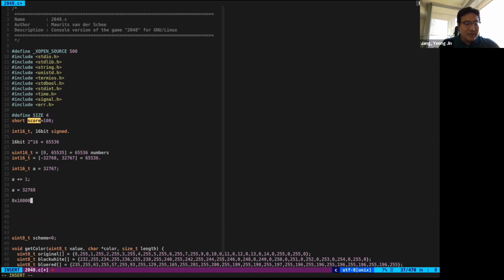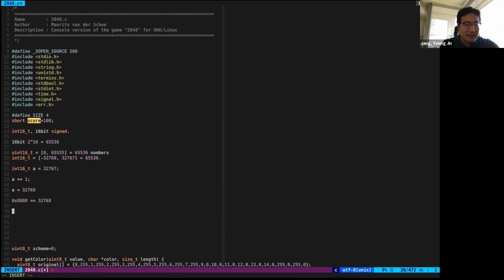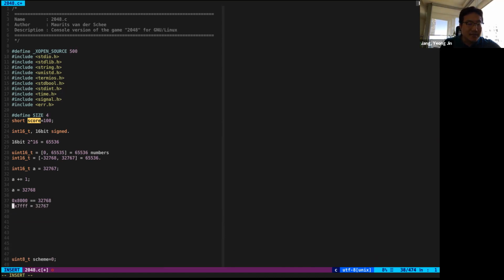So if we represent this as hexadecimal numbers, then 0x10000 is 65536, and half of this, 0x8000, is 32768. And then 0x7FFF will be the maximum value of this one. And then if we do +1, then this will be 0x8000,